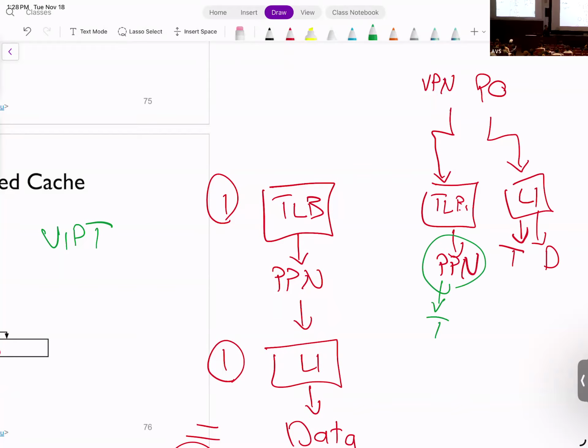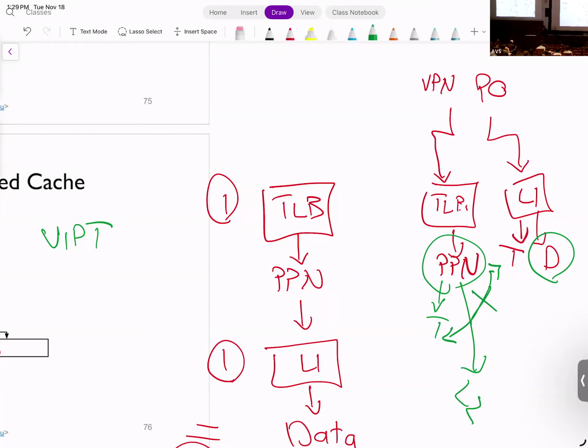For example, let's say that higher 8 bits or higher 20 bits, whatever. You compare this tag and see whether this is the same tag that you read from L1. If it is, then you have your data. If it's not, then it means that the data is not in your L1 anyway. So you have to go to L2, L3, and so on. But at that point, you have your PPN. So this one actually goes to L2.